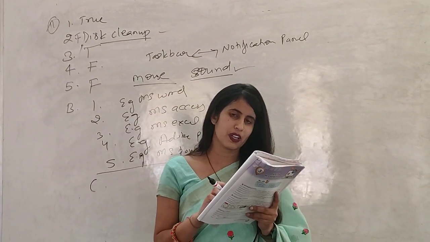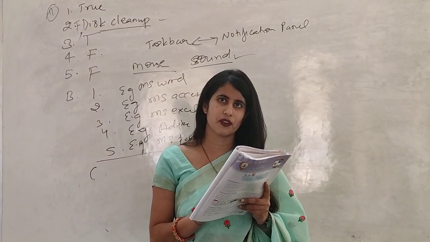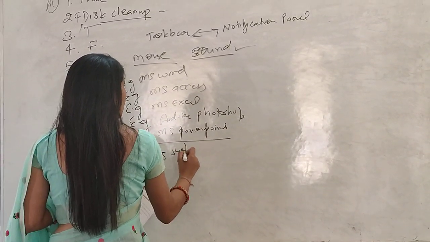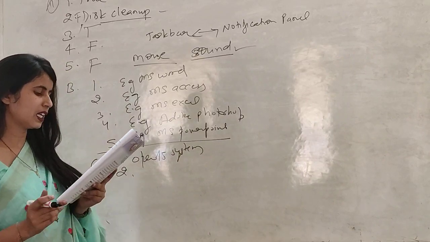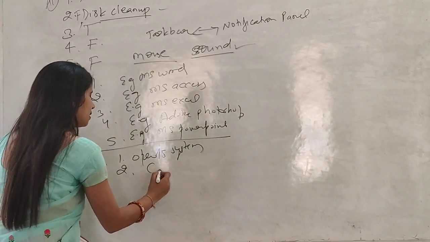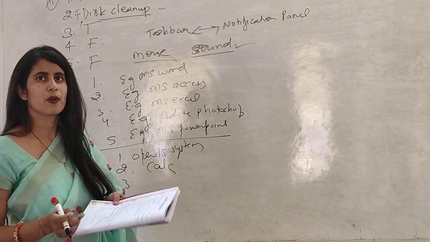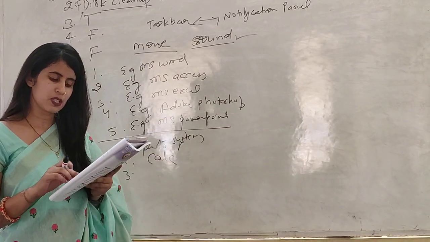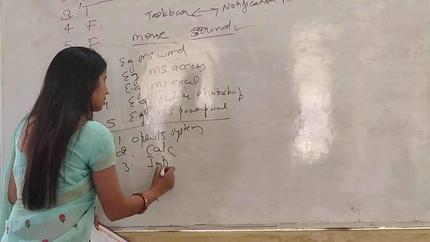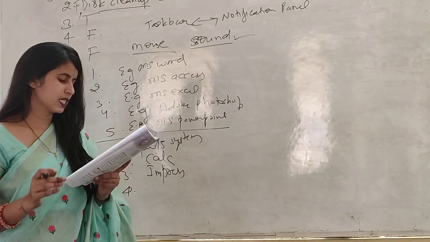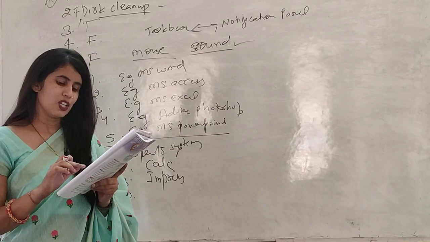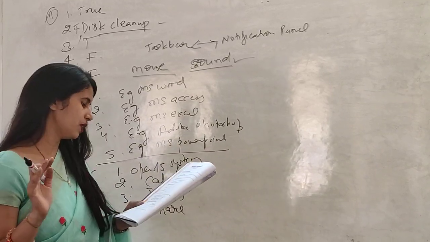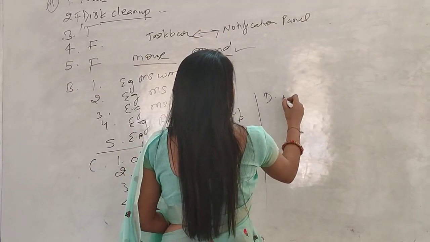Operating system, utility software, application, programming. So operating system is different from it. So the first one is operating system. In the first one you have to circle operating system. In the second one you have to circle Kelsey, because it is not a type of operating system. Next, they have given you all the DTP software, so you have to encircle Impress. And in the fourth one, you have to circle Share. Why? Because Snap, Sneak and Shake are the features of Windows 7. Last one is matchups.